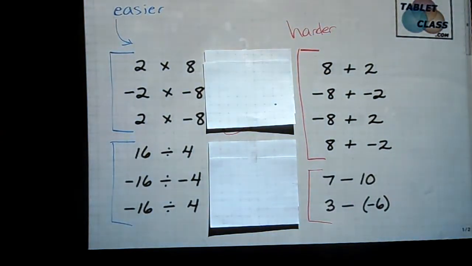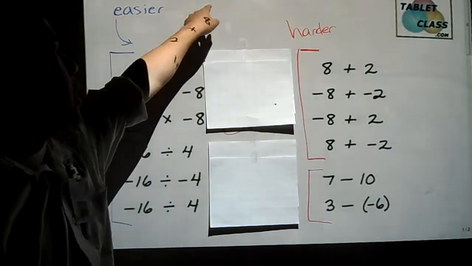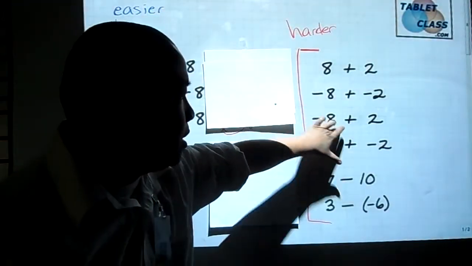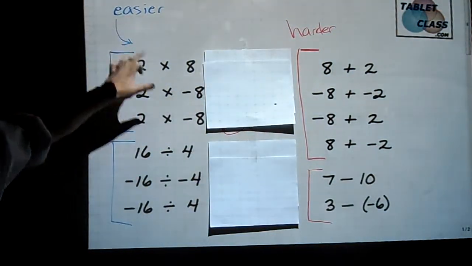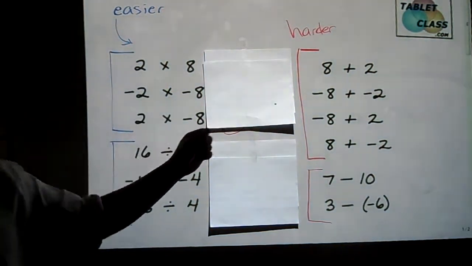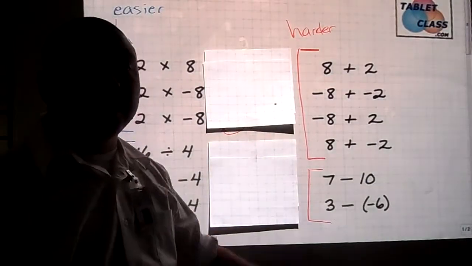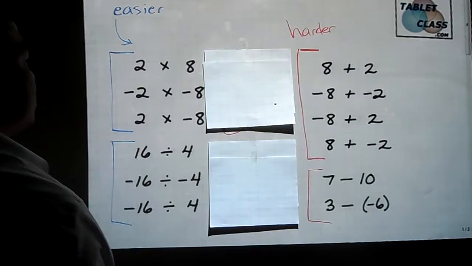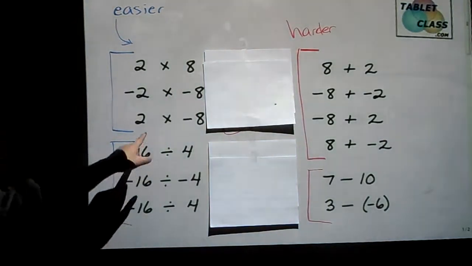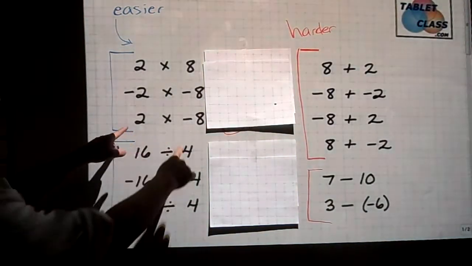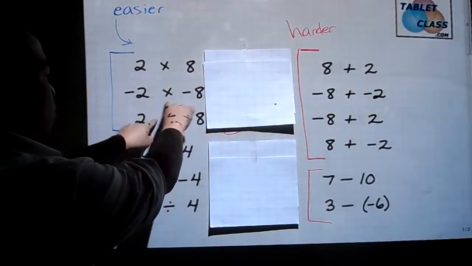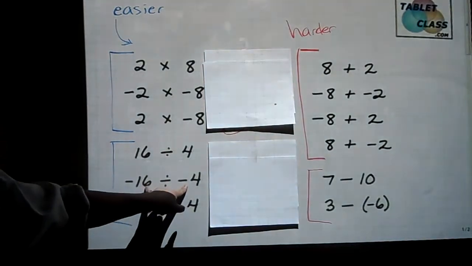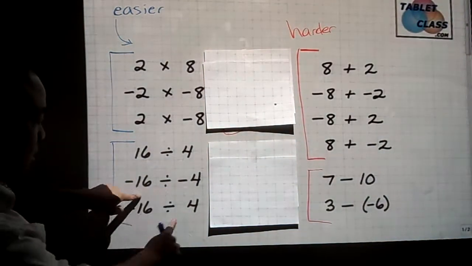Okay, class, this is positive, spelled it wrong, with positive and negative numbers. Now, you may notice that I wrote harder for adding and subtracting and easier for multiplying and dividing, because multiplying and dividing is easier. You notice you have different types of problems. You have two positives, two negatives, one positive, one negative. Now, these could be switched around. It wouldn't matter. And also, for division, you have two positives, two negatives, and you notice these could be switched